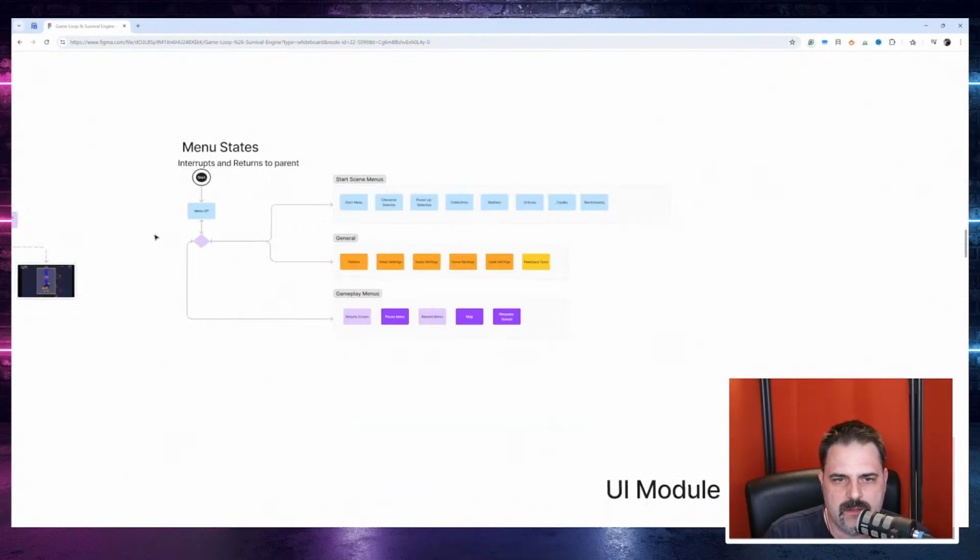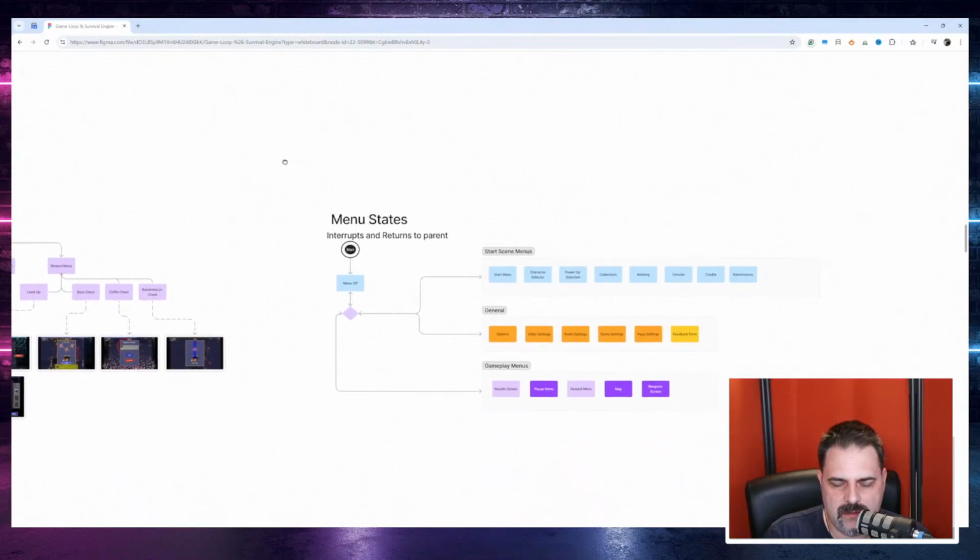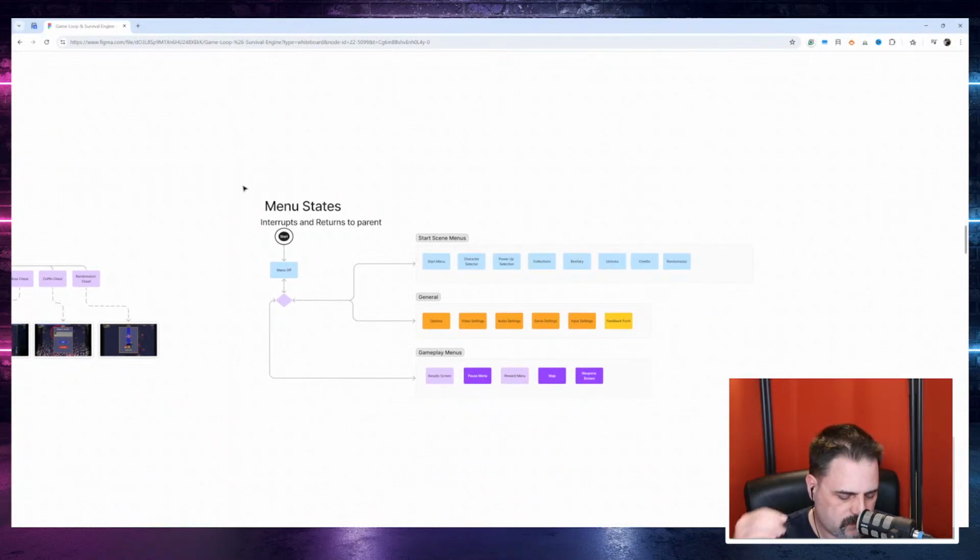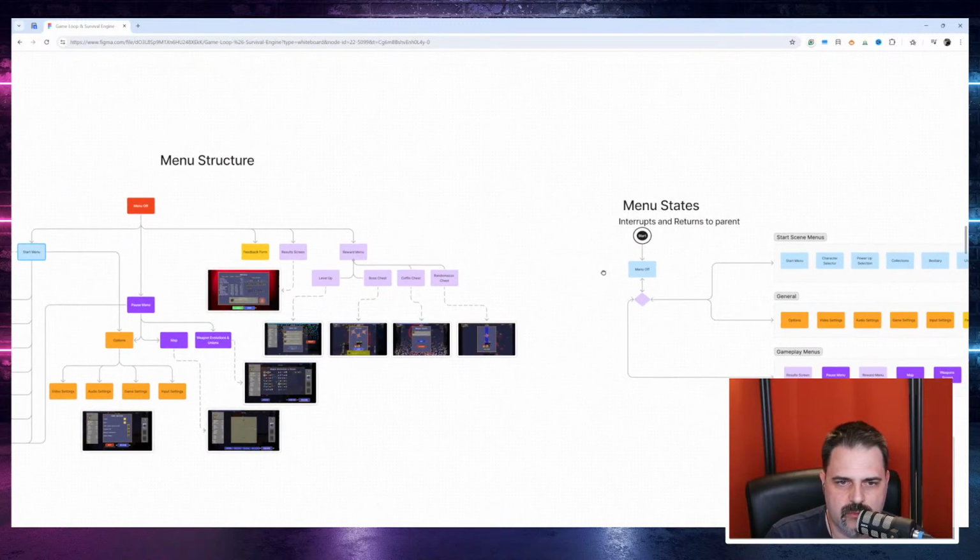Okay, so I have this event-based system for both the game loop and menu states, and it starts with the menus off state, and then it can actually go to any of these states, and from any of the states can go to any of the other states. So that's the reason I didn't draw that out